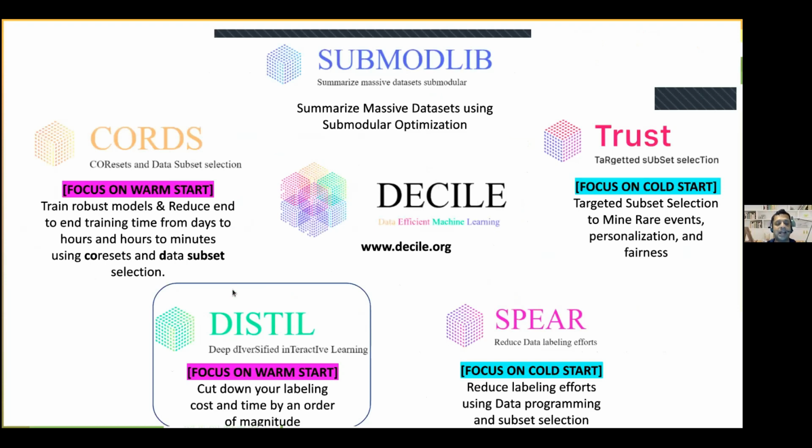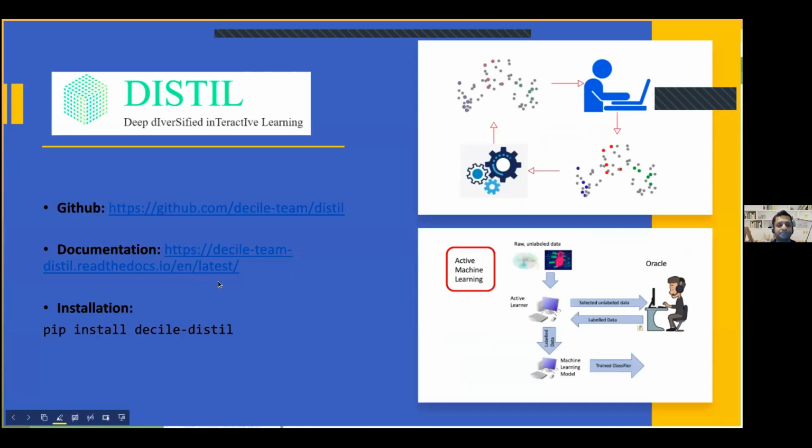The last component of our work, the Distill work, I'm going to just talk about how it builds on CORDS, but there are many other things we do in Distill. The idea is to cut down the labeling cost in a warm start setting. Again, Distill is very easy to use. What's interesting about Distill is that we allow a whole bunch of state of the art active learning algorithms to be used,